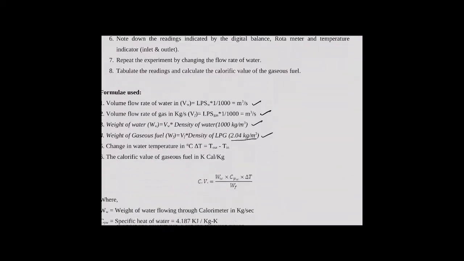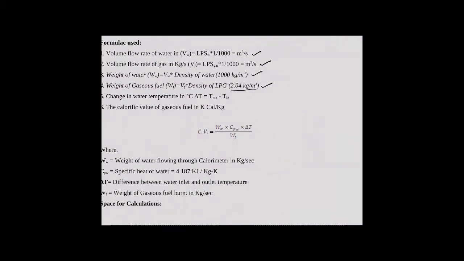Now to find the calorific value, I need to do an energy balance. This equation is the energy balance. What is it actually? The energy balance is heat lost by the fuel is equal to heat gained by the water. So what is the heat gained by the water? This will be equal to W, that is weight of water, into Cp of water into the change in water temperature, which should be equal to weight of the fuel into its calorific value. I am going to equate it.